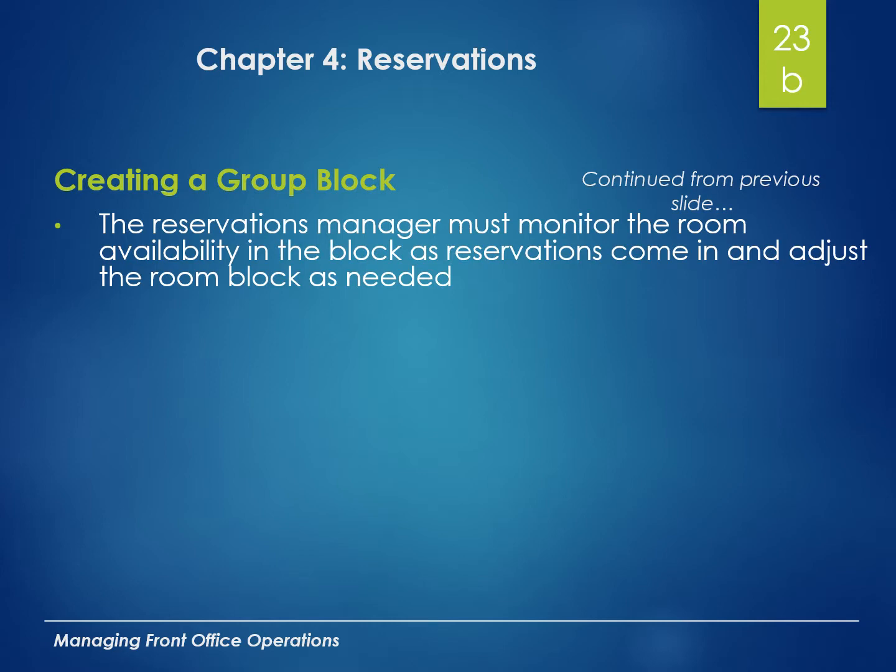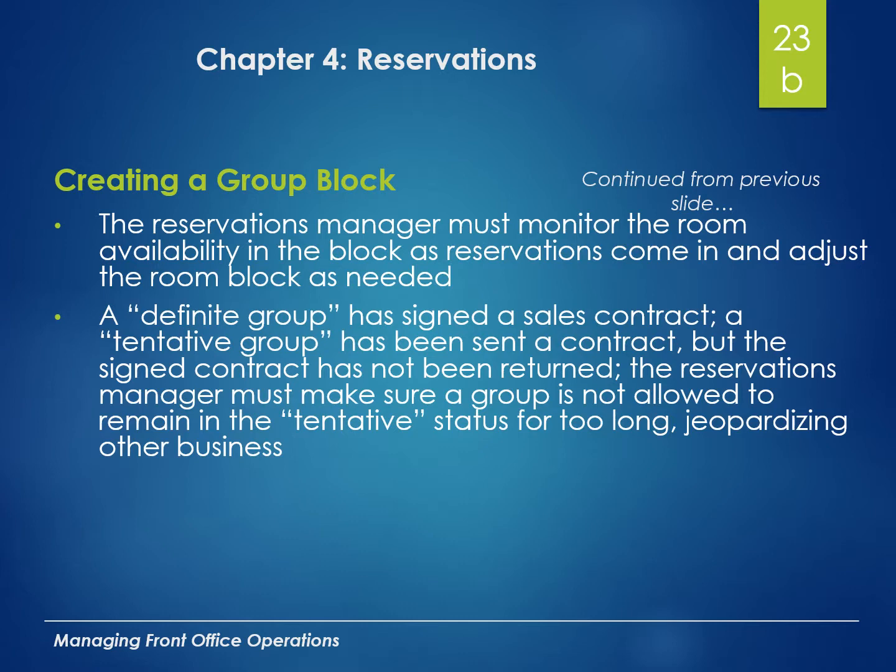So we want to make sure that we are adjusting and checking that room block as people are making reservations, communicating with the association manager and saying, hey, look, you've only filled up half your room block. Your meeting is 2 months away. You either need to send out a blast and tell people they need to register, or something. And so we want to make sure that we are being a good partner with our meeting planners to ensure that they understand where the pace of the pickup is for their room block.